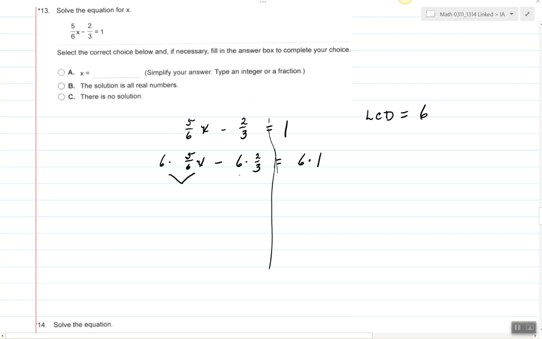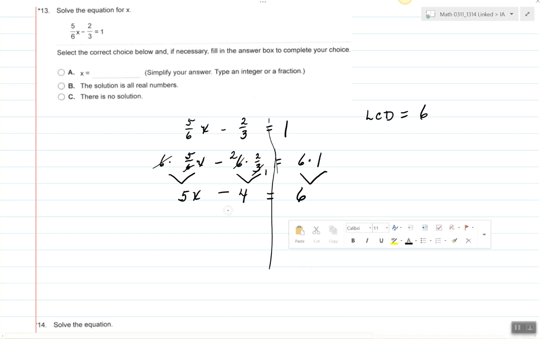And you're going to figure out each one of these little products. Now I'm going to use that idea that this 6 and this 6 divide out, and I'm left with 5x minus 3 goes into itself once, but 3 goes into 6 2 times. So I have 2 times 2, which is minus 4, equals 6 times 1 is 6. Now I have an equation with no fractions. I don't have variables on both sides. I'm going to add 4 to both sides.